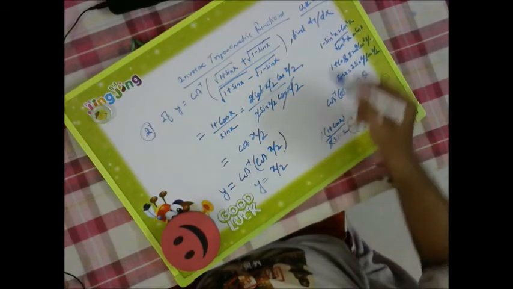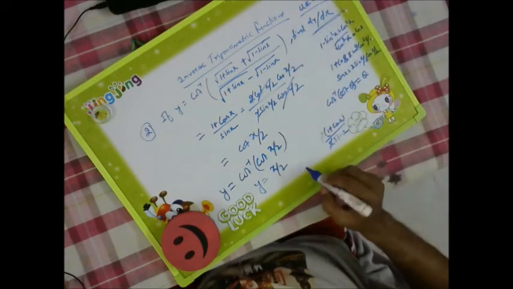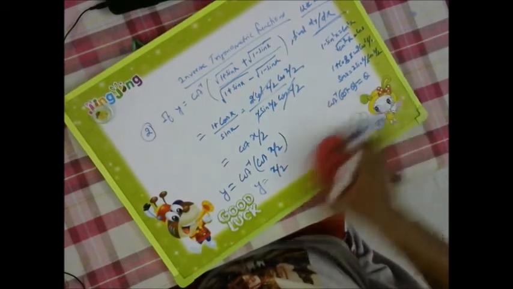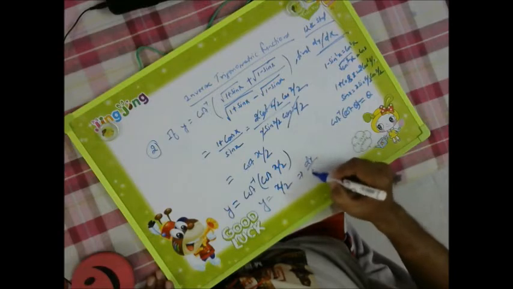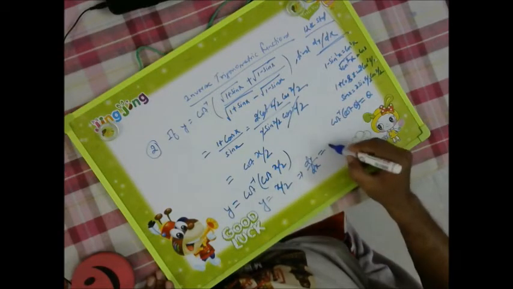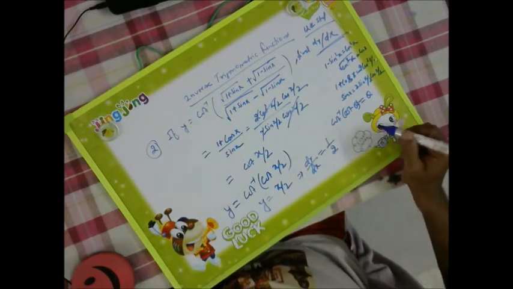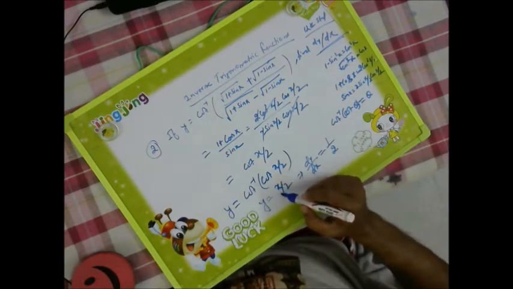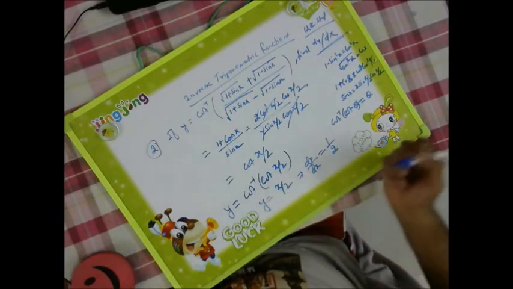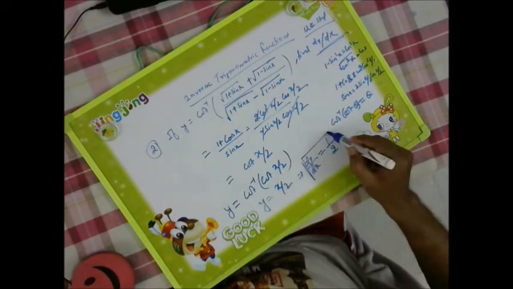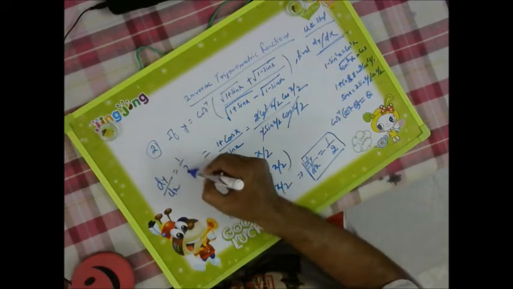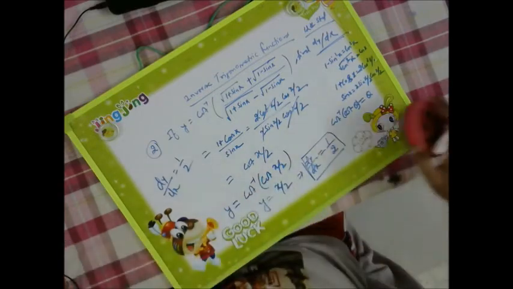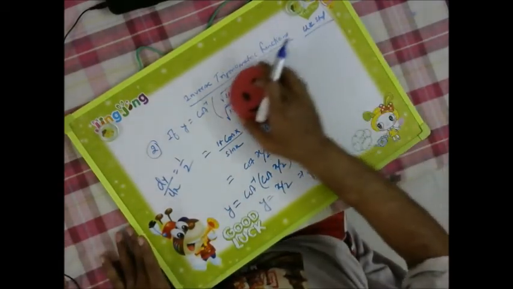Now we have to find dy by dx. We need to differentiate. So it is very easy at present now. So from here, if we go for dy by dx, it is just simply 1 by 2, and dx by dx is equal to 1. So dy by dx is equal to 1 by 2. Okay, so the answer is dy by dx is equal to 1 by 2. Right. Now let us solve the next question.